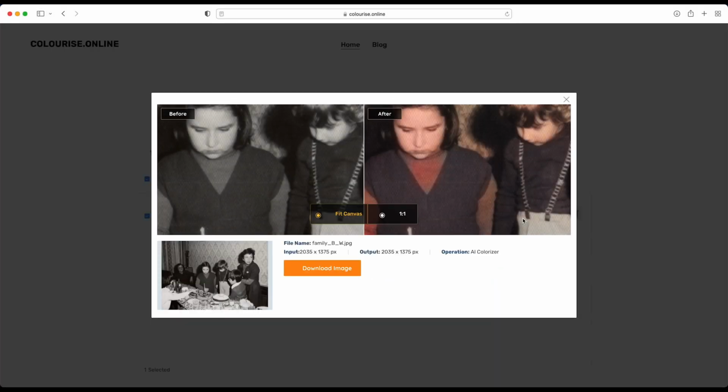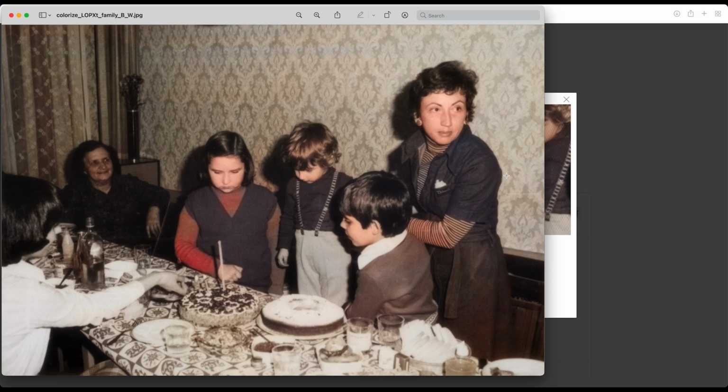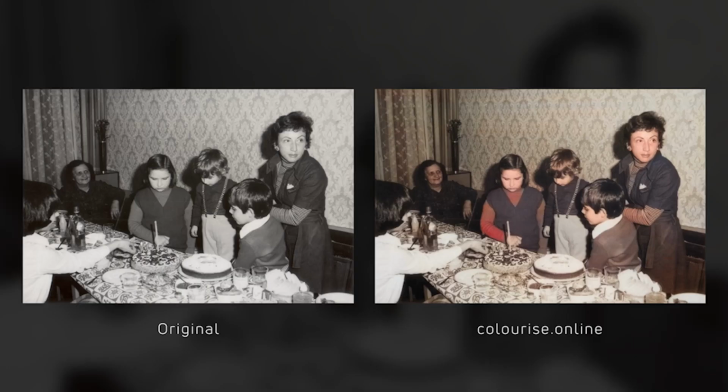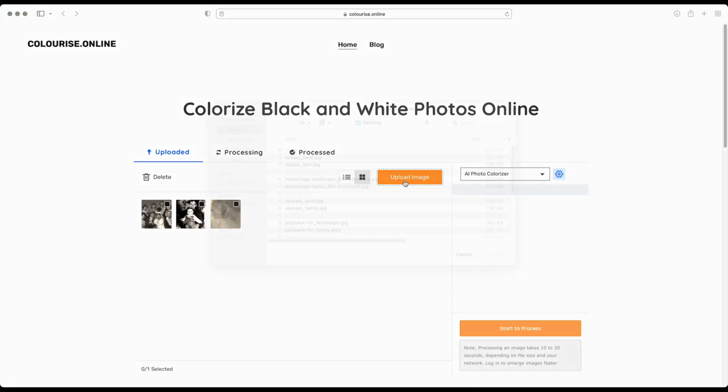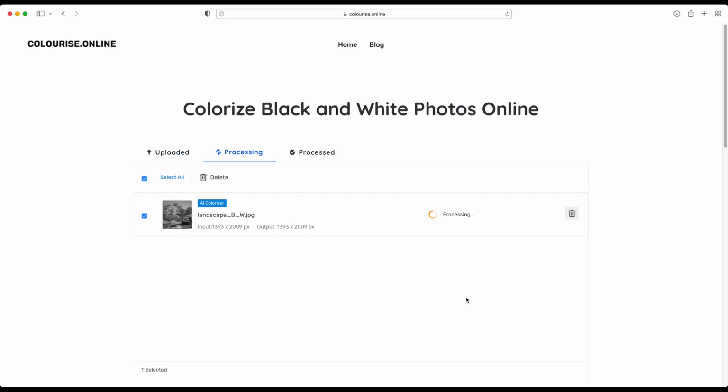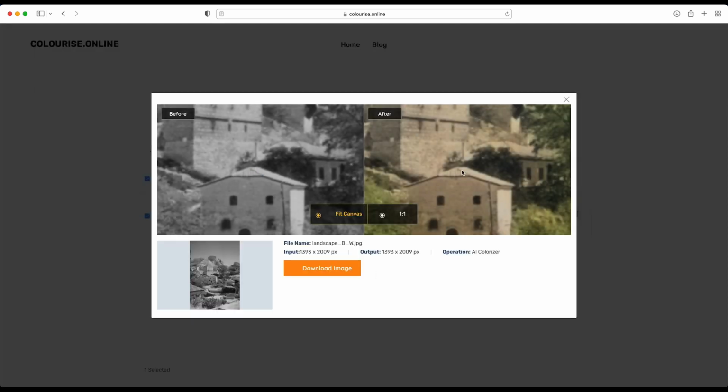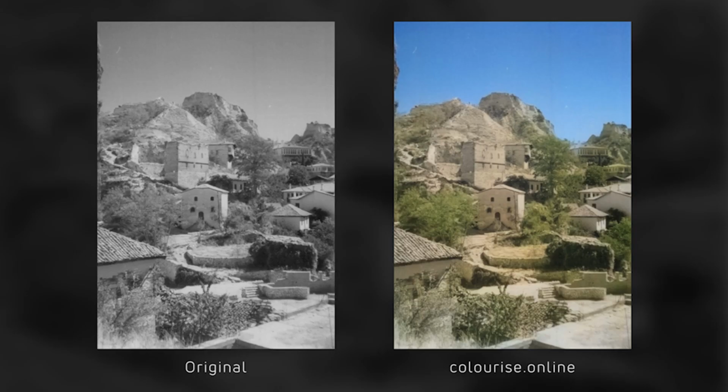Now, as you can see, the results here are not what we expected. So far, MyHeritage is holding the first place. Now here we have a better result about the landscape. I'm not sure it's better than the MyHeritage one, but still it's satisfying.